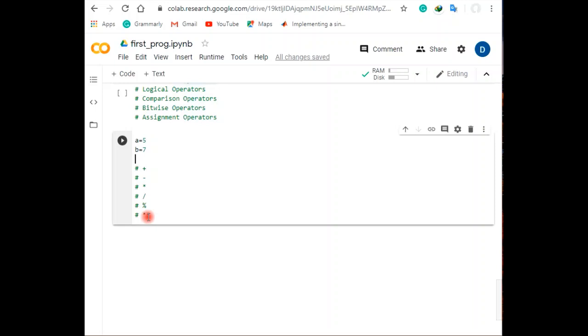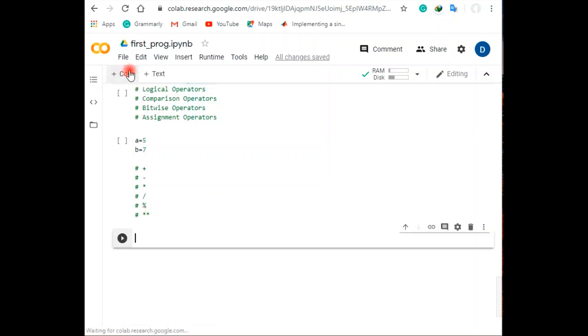That's a simple one. For your convenience, let's use this. Using a new code line, under this code line I am using one operator, any one of the operators, say a plus b, and running this one.